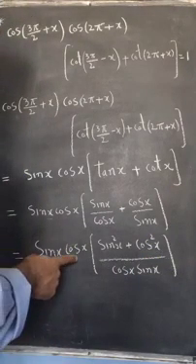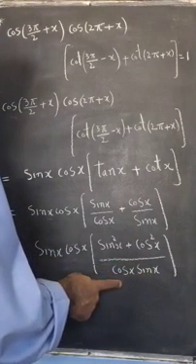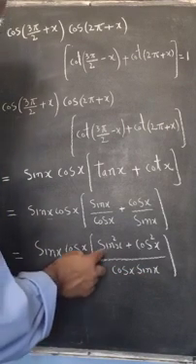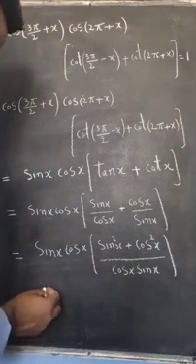Now this sine x cosine x and this sine x cosine x, we need the quotient as 1, so we get sine square x plus cosine square x, that's again 1,